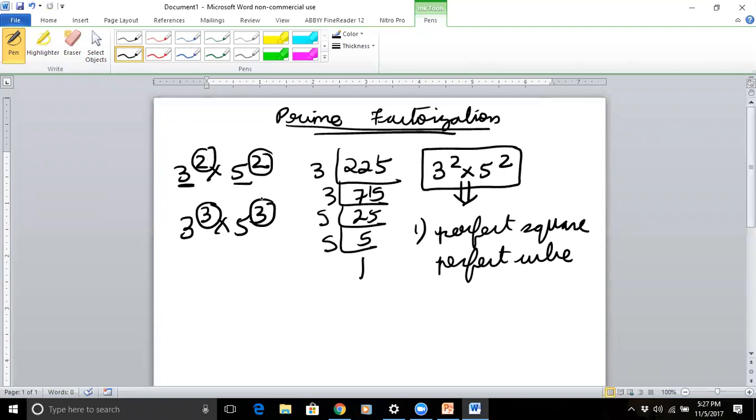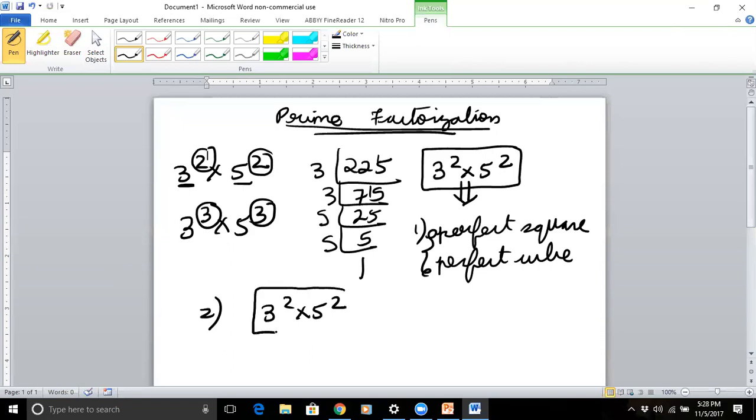And for a number to be both a perfect square and a perfect cube, the powers have to be divisible by both 2 and 3. And both 2 and 3 will correlate to 6, right? So for a number to be both a perfect square and a perfect cube, the powers have to be divisible by 6. So the first application of prime factorization is it tells you if a number is a perfect square or a perfect cube, just by looking at whether the powers are divisible by 2 or by 3. Now the second application of prime factorization, and this is the more important application here,